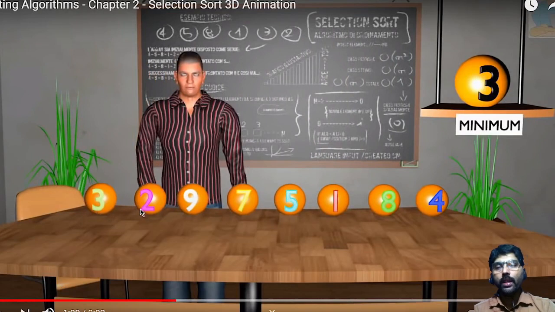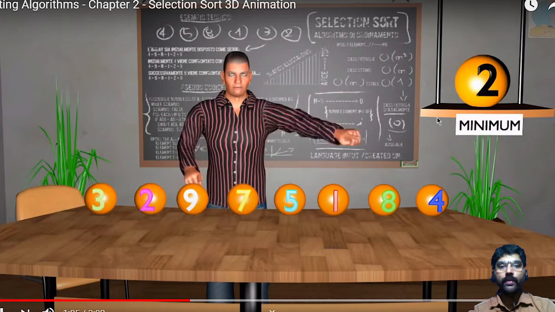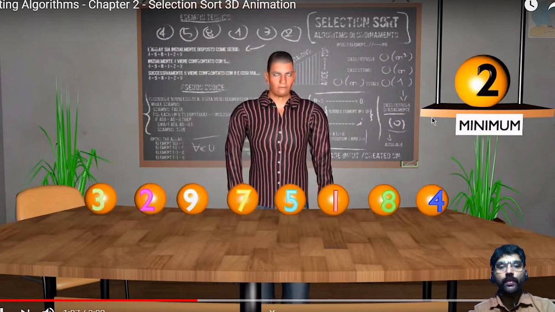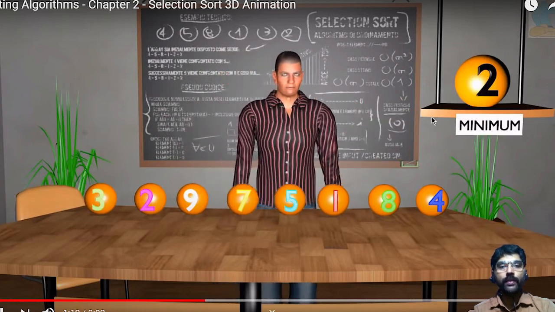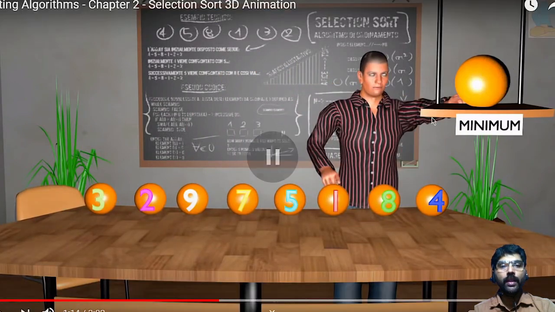Now the comparison starts from the second element to the last element, and whichever number is smaller is put in the minimum. Now see, 1 is smaller than 2, so 1 replaces 2 here.